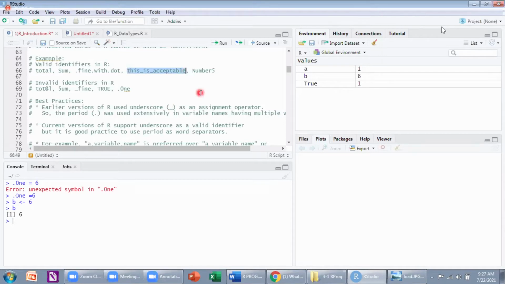When you want to use multiple words as a variable name in Python or in Java, you see this kind of syntax. But here you will see more of dots. But nowadays, for the current version, this is also valid. But if you see older documentation, you will see only these kinds of things.